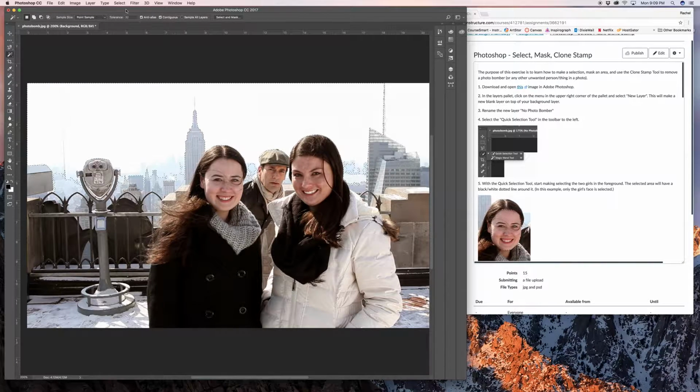If you notice, the tolerance on mine is 32. If I change it to 1, then it probably is going to select only white pixels that are next to each other. And so the sky is kind of blown out with the color. It's all the same white color. The easiest way, and the way that we're going to use to select these areas, is to use the quick